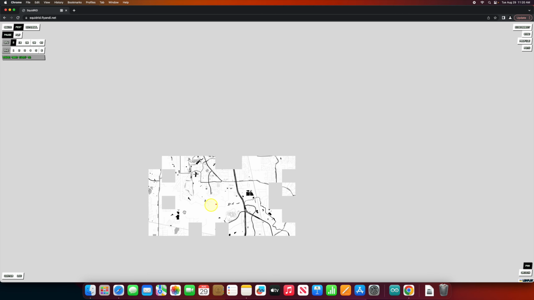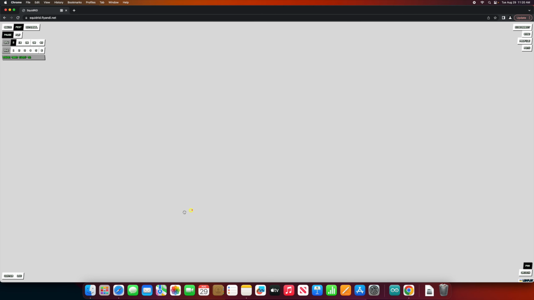Looks like I've got this one set up here. We'll give it a second to generate. Hopefully it's going to load the map. Sometimes it takes a bit, guys, for it to pull the map data in here, so you may get a little bit of input lag. But you can also go here to